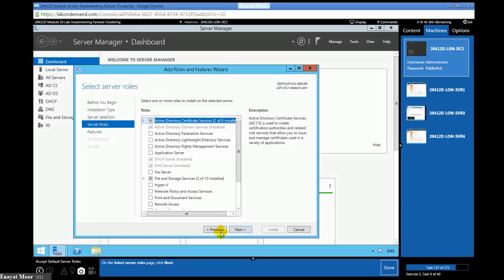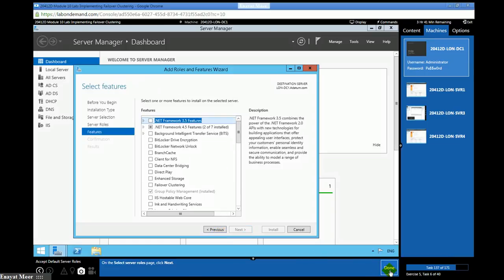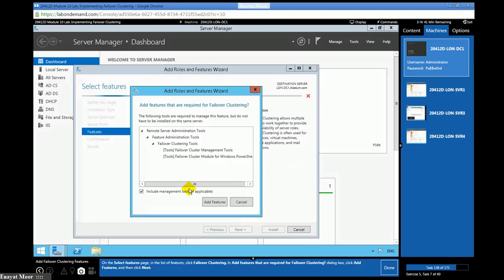No role, next. Under features, select Failover Clustering, and then the required features. So now we are adding the Failover Clustering feature on our DC with additional required features.